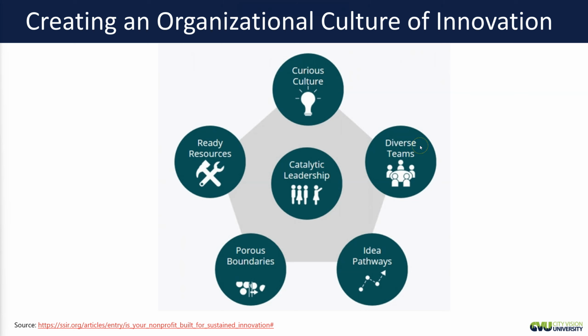Now, diverse teams. This isn't just about racial or cultural diversity. It can also be personality type diversity, probably more so personality type diversity, but varying capacities. Porous boundaries, that's where you're going to be going to associations. So not just associations, you might be a part of a network like Citygate, but if you have a thrift store, you go into the association for that. Or if you're doing counseling, are you connected there? Because there you're going to get much more specific innovations.